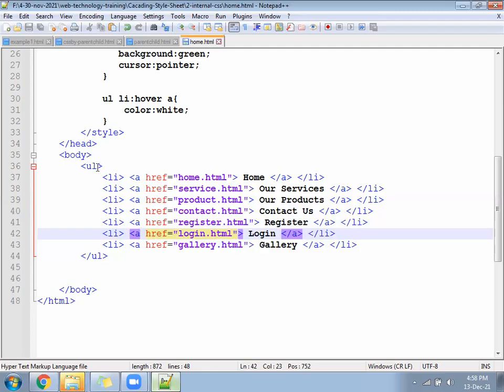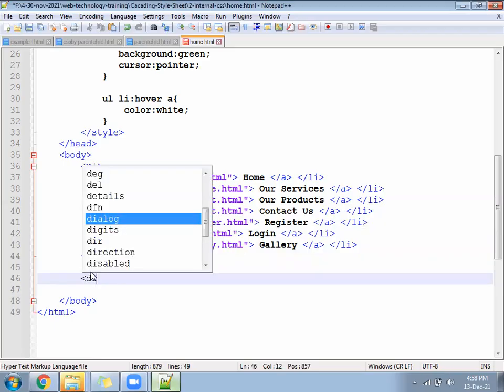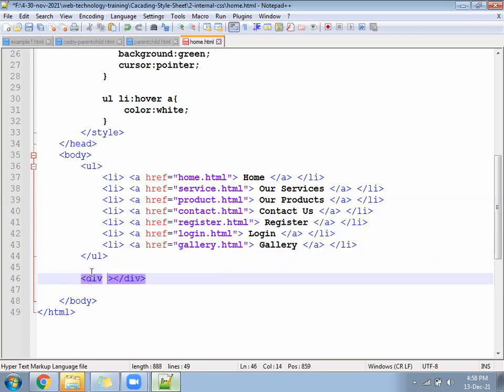Ready? Save the file. Come down after that. Write a division, not a division, another tag: the section tag.